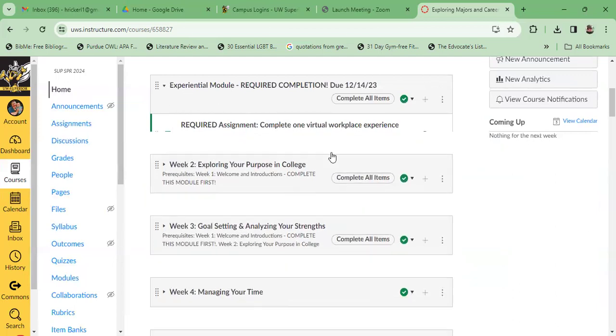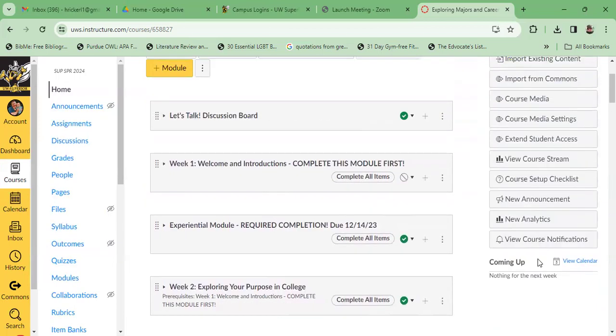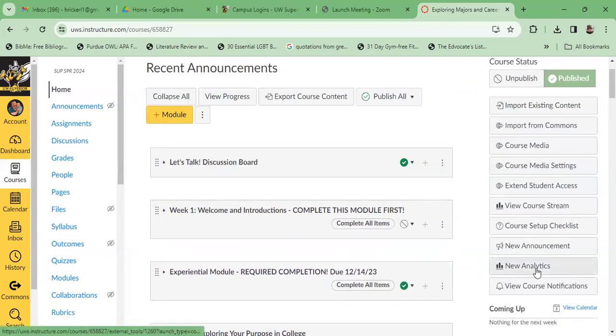So this class is set up, it's a little weird because, first of all, it's asynchronous. So we will never meet in person. It's all going to be online. Follow the deadlines, and note that people can join this class all the way up until I think something like April 21st. So you may see new people popping in. Just know new people are popping in. So I may be starting grading for somebody in week one when we're actually in like week 11 or 12 or something like that. So keep that in mind.